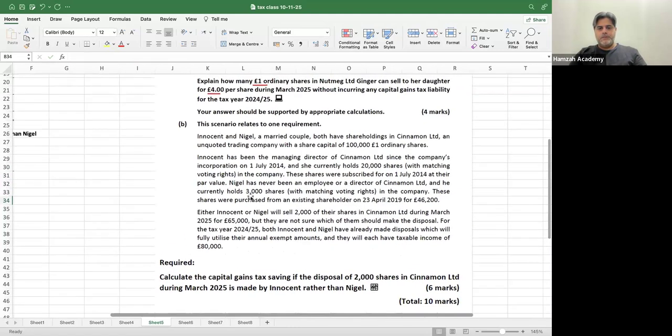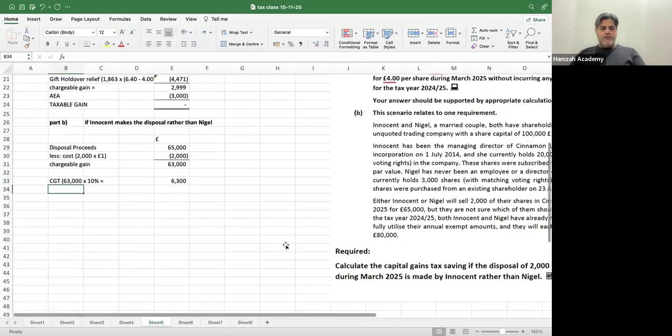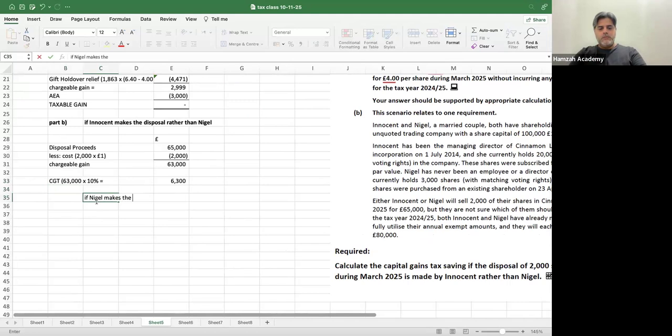Innocent has been the managing director of the company, so basically this is going to qualify for business asset disposal relief as well. And now, for the sake of practice, if Nigel makes the disposal,